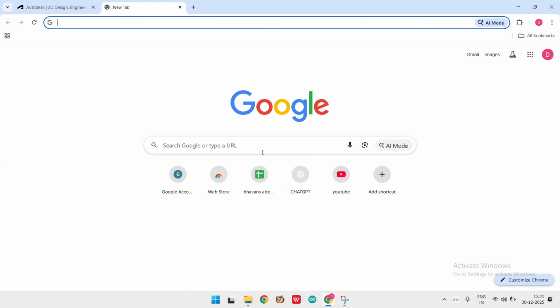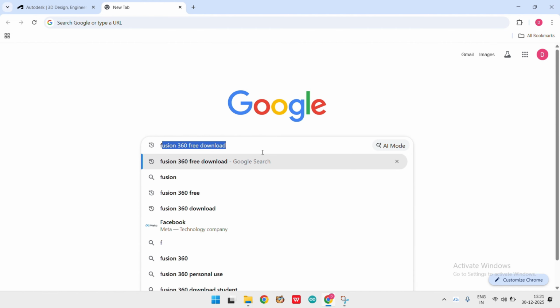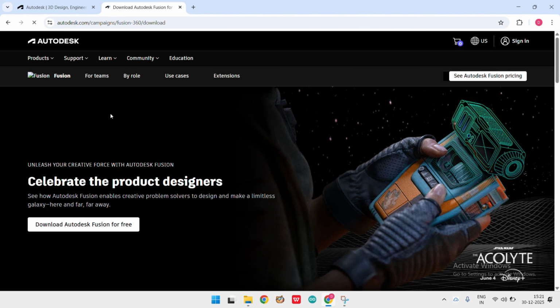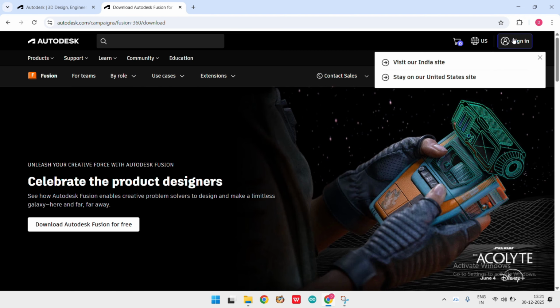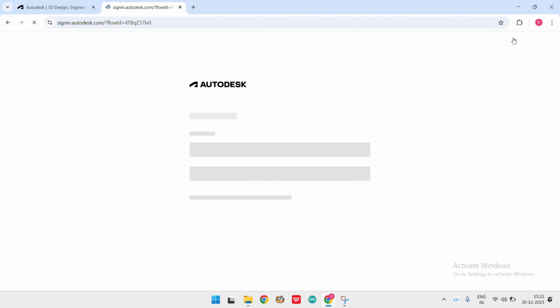For installing Fusion 360, you just have to go to the browser and type Fusion 360, and go to the first link. Here you just have to sign in using your account. If you don't have an account, just create one,